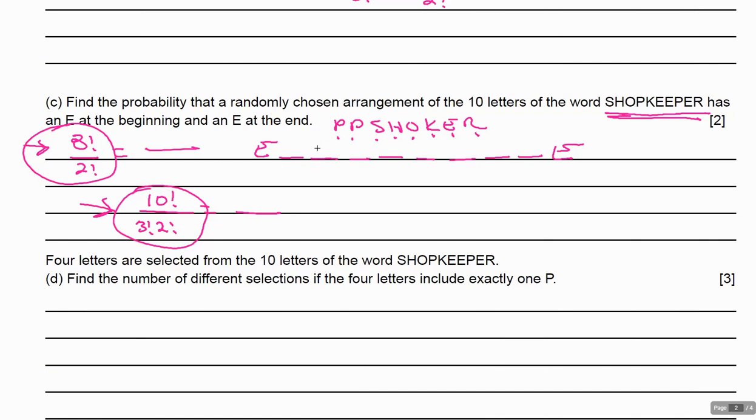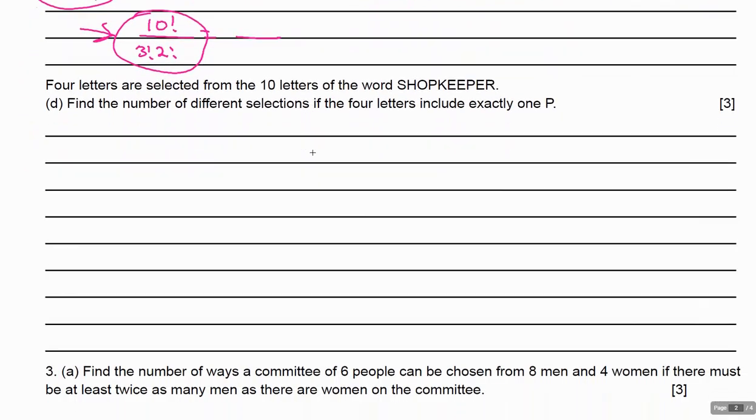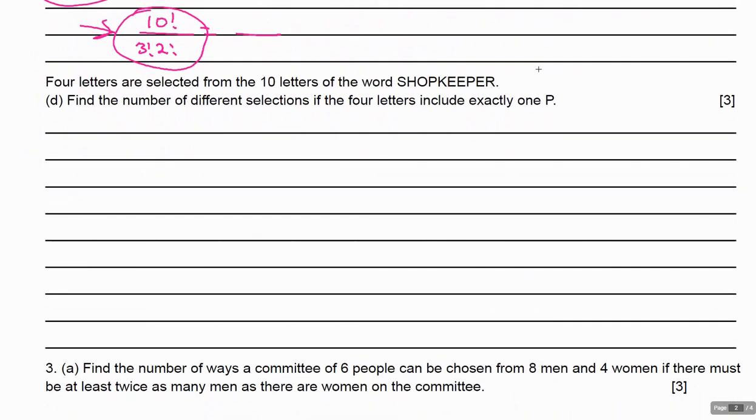Right. And then here we're talking about selecting. Are you okay with this or no? Yeah, all right. So again, we're taking 4 letters and we're selecting. And now I know we're switching to combinations. Now, again, notice how they're telling you that I'm taking 4 letters, but there is exactly 1 P